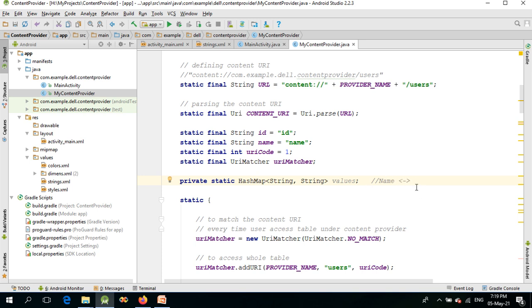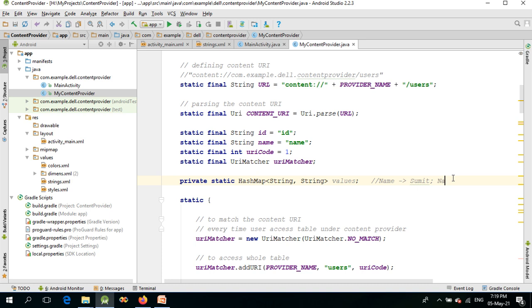So this name is the key, and suppose the user has entered the name Sumit. This is called the key value pair. This is a key and this is a value. So in this hash map, the first string will store the string name, and the second string will store the string Sumit. Similarly, if another user has entered